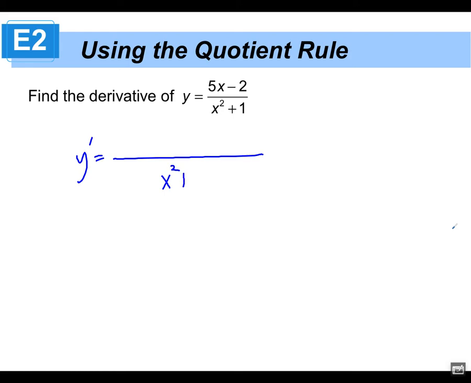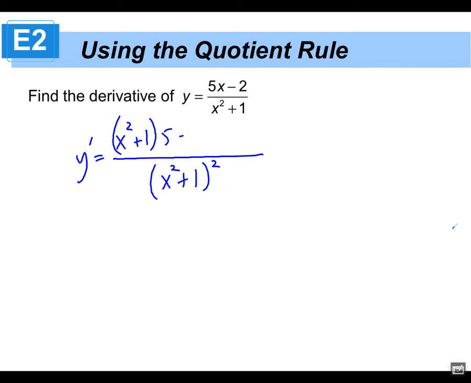Take the denominator. Leave it in the denominator and square it. Step number 1. Square the denominator. Now, since you just used the denominator, use that denominator again and bring it up on top. So I squared the denominator on the bottom, then I brought it up to the top. Since I used the denominator as is, I want to pair that up with the derivative of the numerator